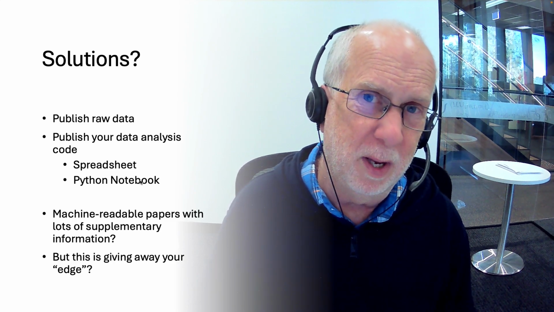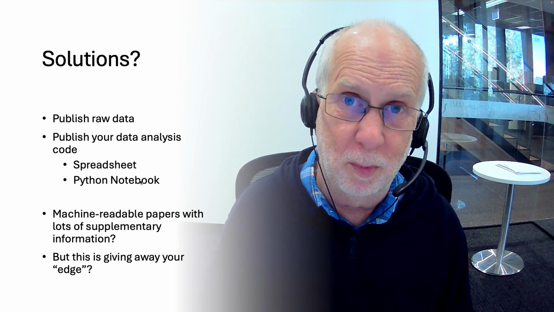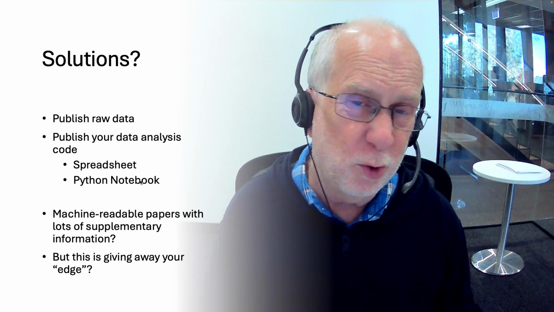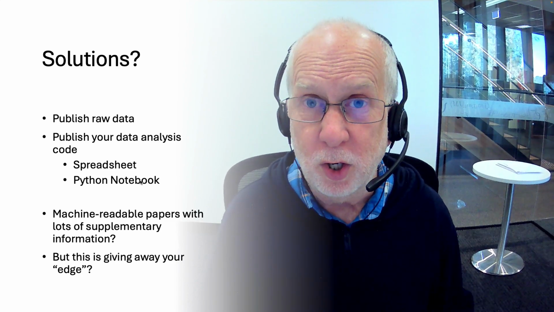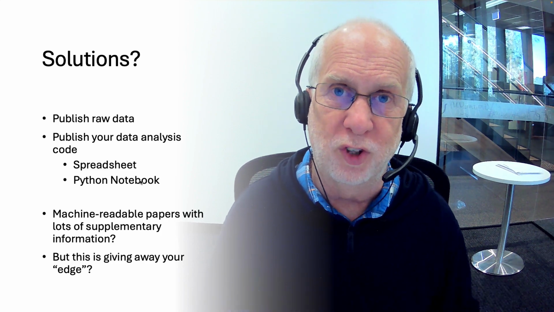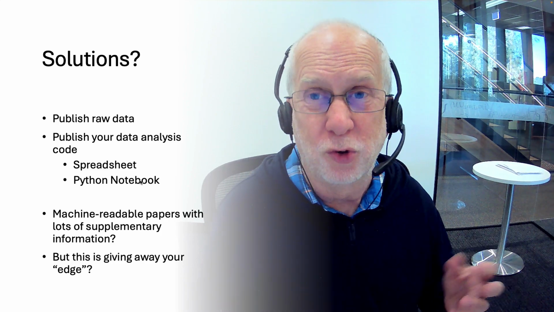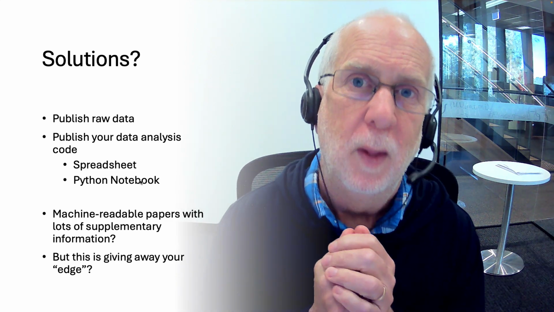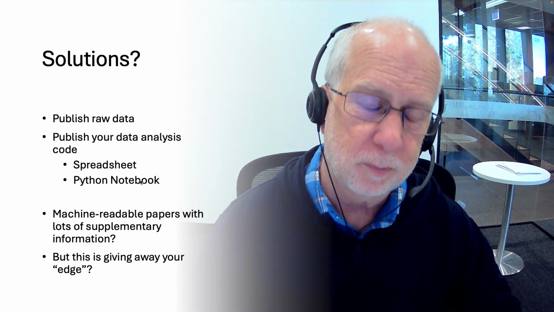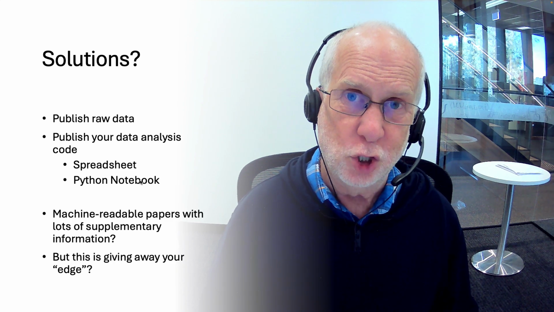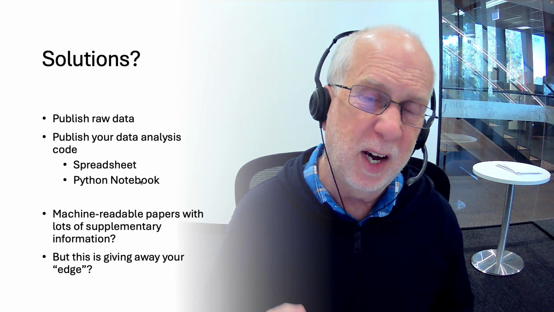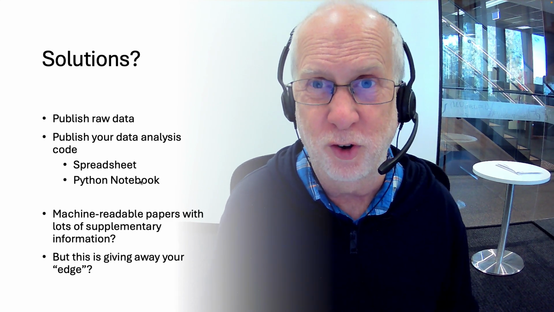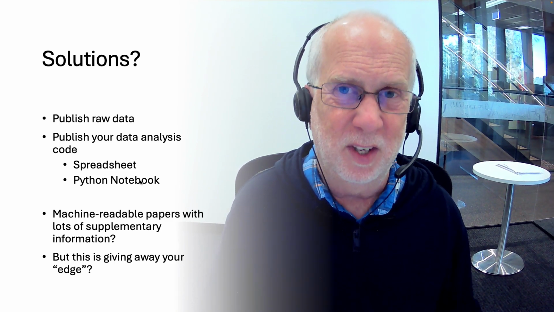In fact, arguably, all papers should be machine readable, where a computer can go into your paper and actually check it for you. But a lot of people don't want to do this because, A, it's more work. They're still wedded to the old style journal, which is entirely on paper, rather than the modern style journal, which is mostly digital, where it doesn't cost anything to make a huge appendix with gigabytes of raw data. But also it's giving away your edge. Remember that a scientist needs some edge, and that edge might be your software. If you've given it away, anyone else can do the follow-up research faster than you. So there's again an incentive to keep it quiet.